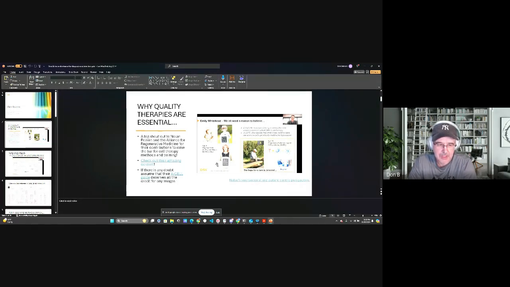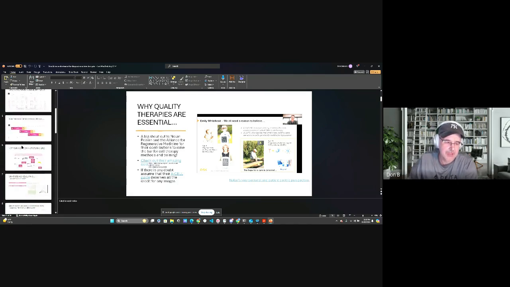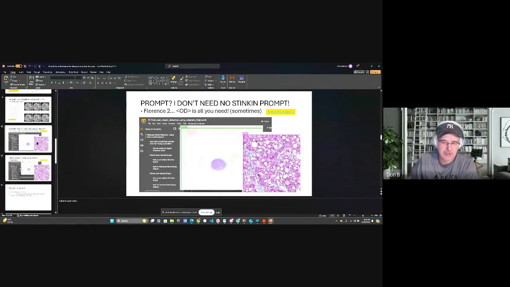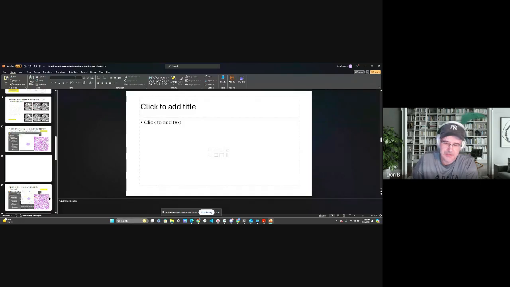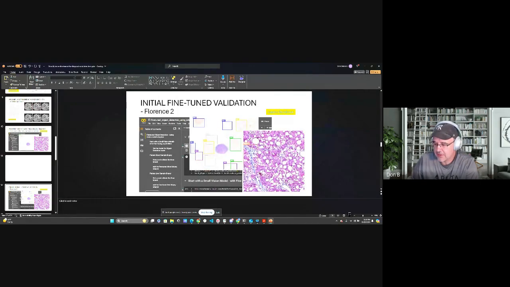And that's where the library that I'll be talking about today helped fine-tune the model. Originally, the model, before it was fine-tuned,